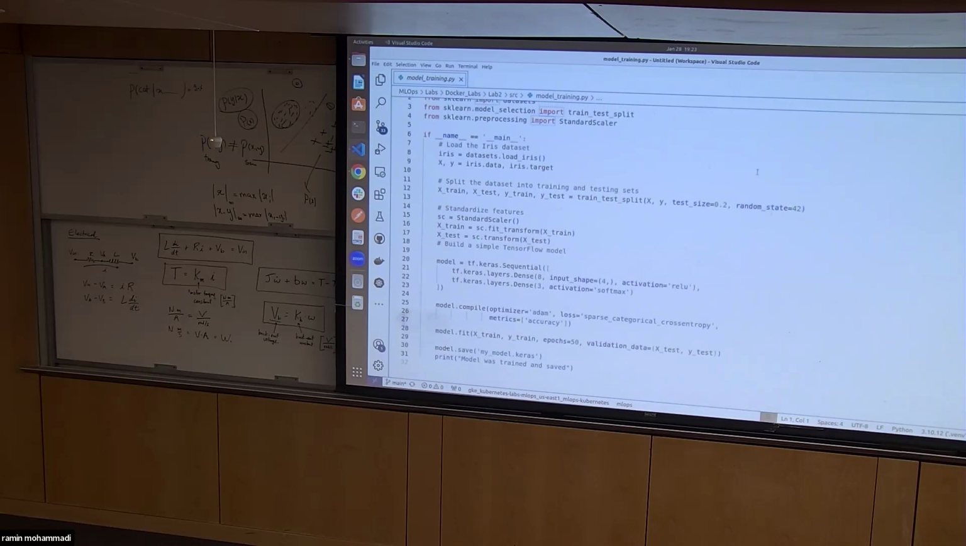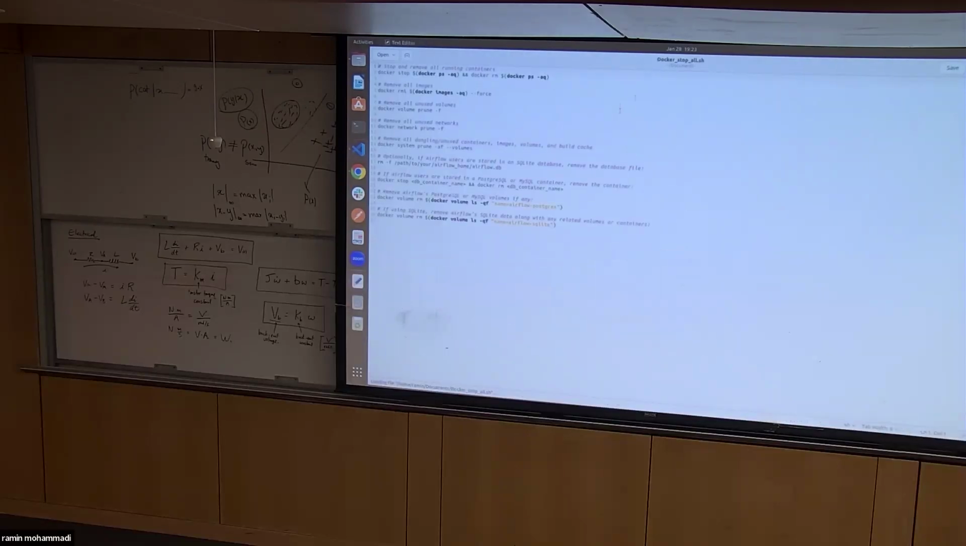Yes. Don't mind, can you show the program which you're running to clean up the Docker? So it's... I don't know how to zoom in. I can't zoom in, but